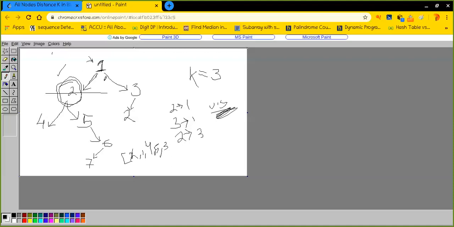All right. So in the same fashion, if I go on, I see that for every node, for every level, I'll try to decrease my k. So whenever my k will be 0, that means I have just visited those nodes which are required to be printed. Okay, so I hope it is pretty clear, guys.